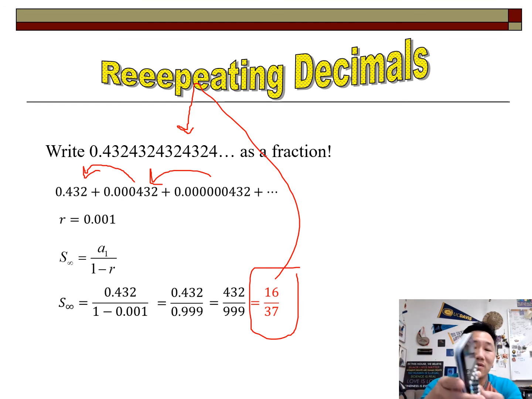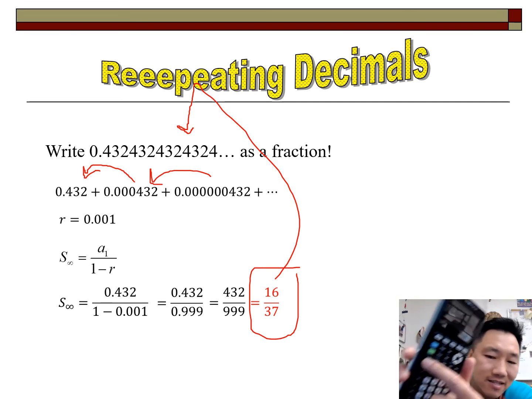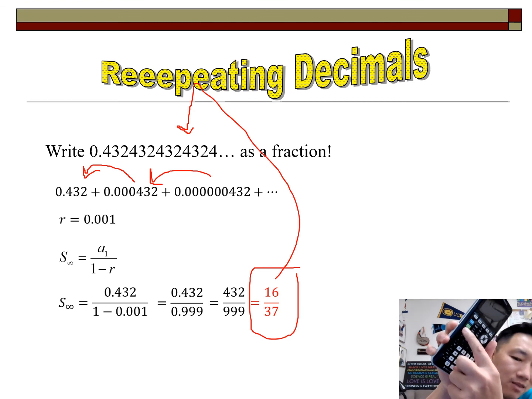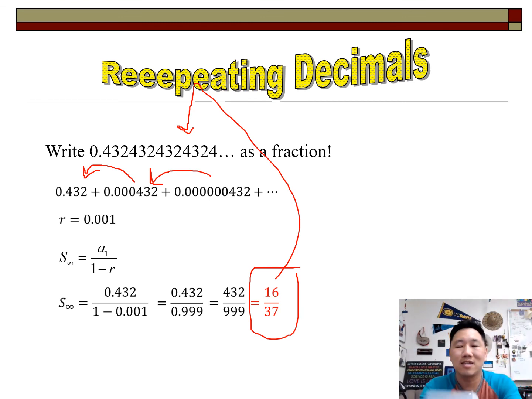You can also do it on your calculator. If you punch in 0.432432, and then there's a button that says math on it, the math button, the very first thing you see should be math frac. You should see the word frac, which stands for fraction. And so if you put fraction on that and then push enter, it'll actually give you the same answer, 16 over 37. All right, so the calculator will do it, but this is how we used to do it by hand.